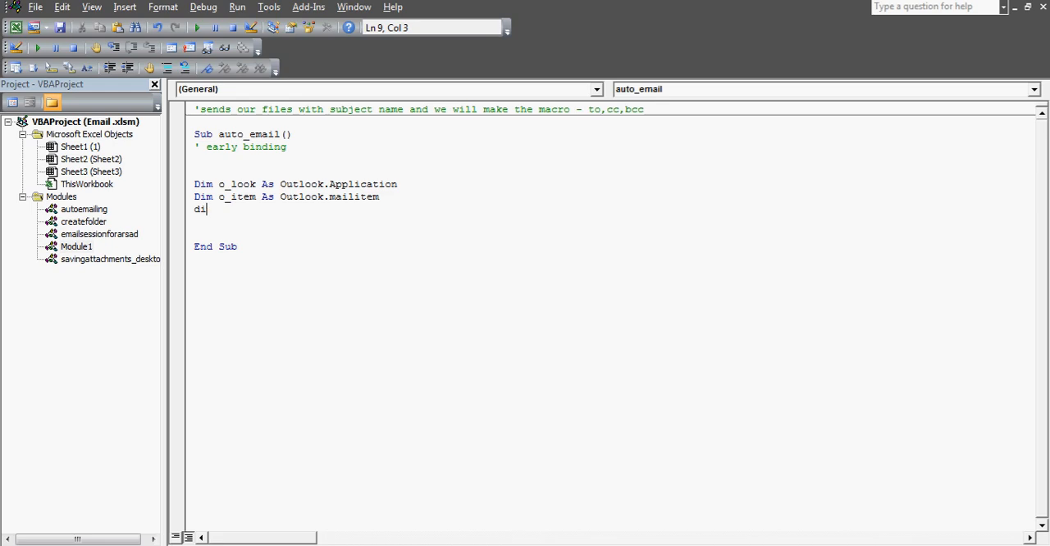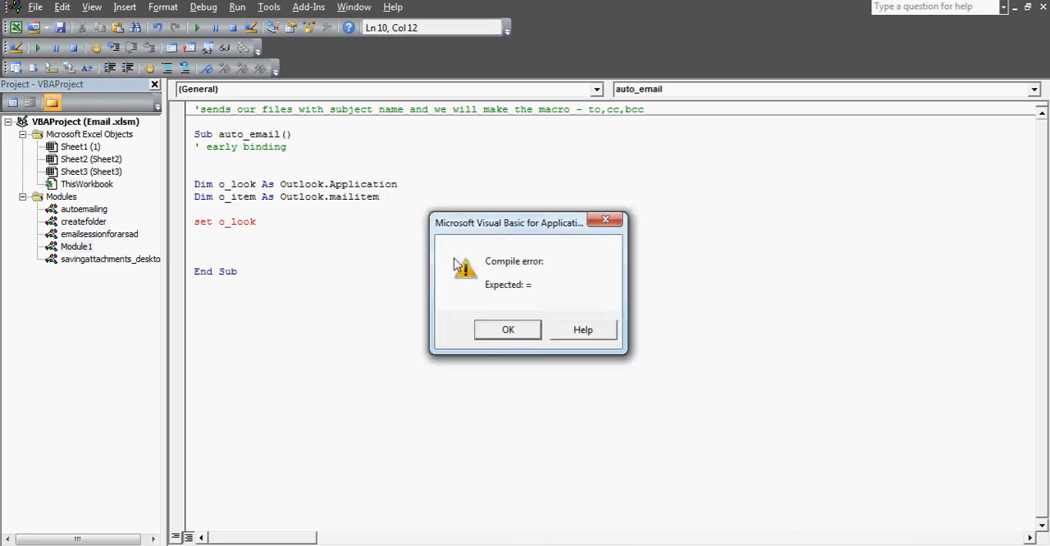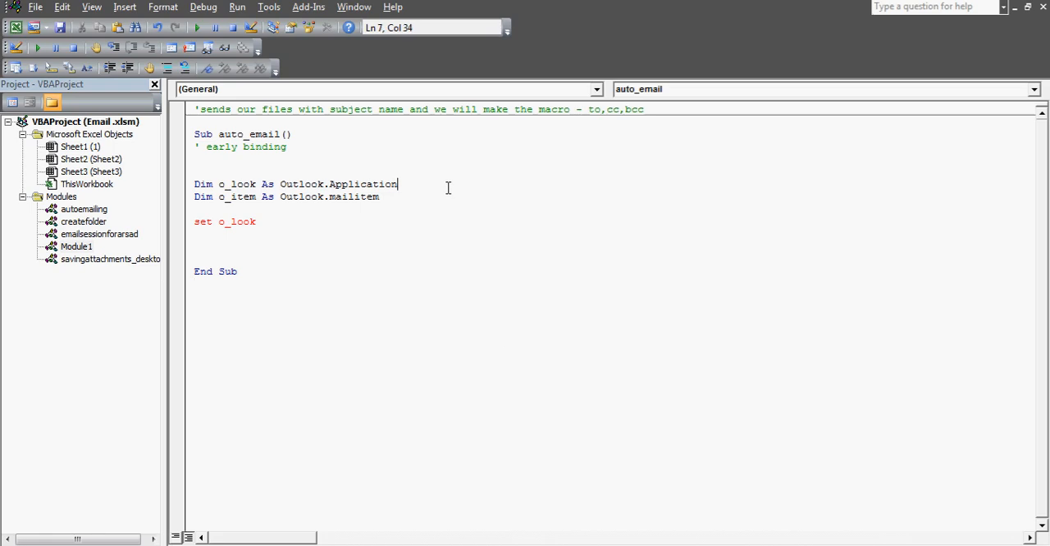When you define any object through these variables, as a rule, you need to use a word called Set. It's a keyword. You have to use it whenever you define any object. Outlook application and Outlook mail item are called objects. Now let me tell you why I have defined this mail item. This mail item is needed whenever you deal with emails,